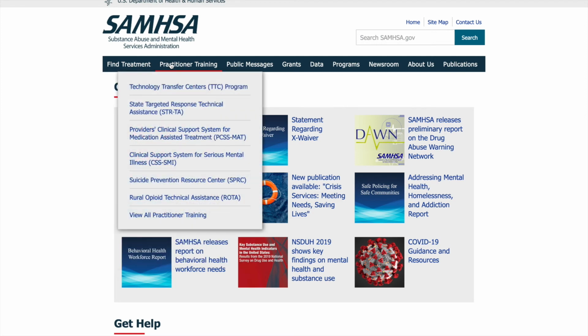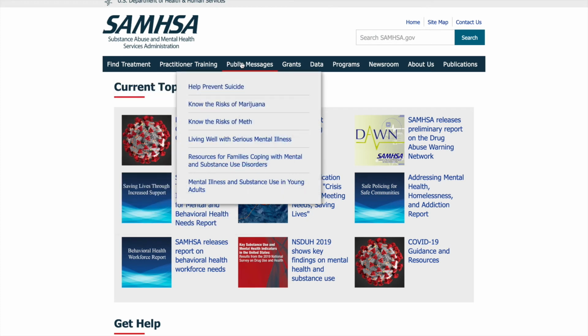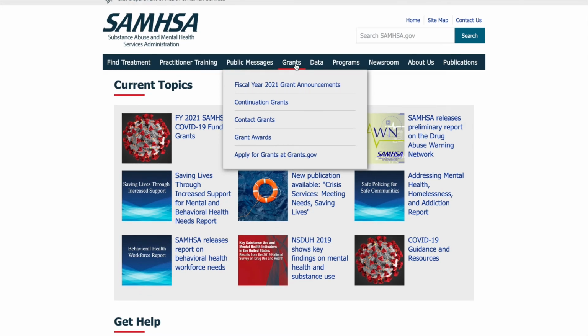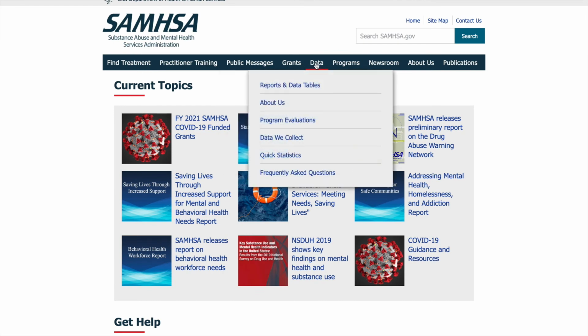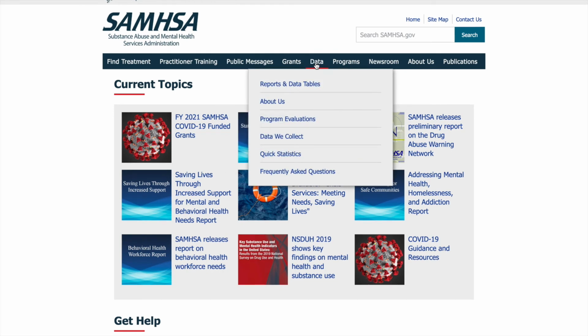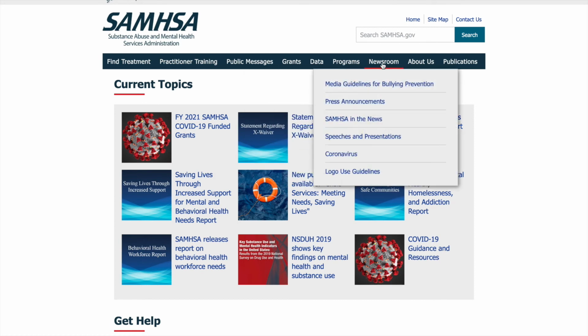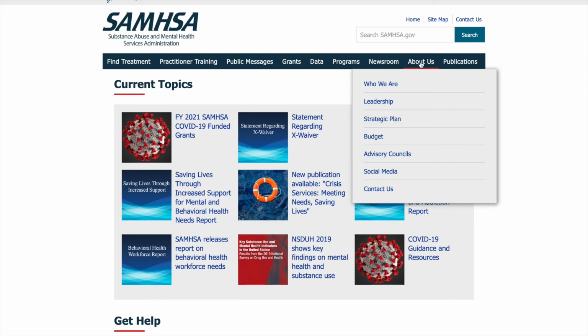The practitioner training has a drop-down menu, and this looks very familiar based on what we saw when we explored the grid system. The same with public messages, but the horizontal navigation system is also important because it has access to grant information. So if you're looking to seek funding, or if you're a researcher or policymaker looking for data, and then information on programs, newsroom, about us,